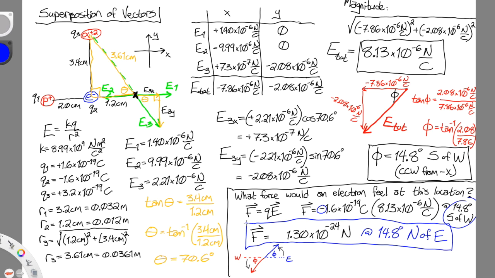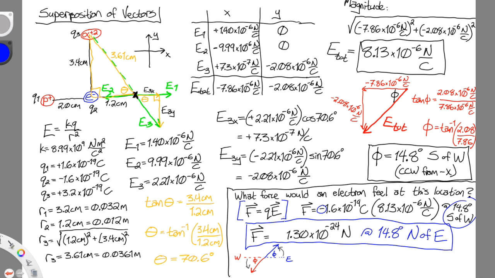And we could easily do another calculation here if we said, well, what if I put a proton there instead? What if I put an oxide ion there instead? What if I put an alpha particle instead? Each one of those problems would only take as much time and space as this force calculation we did in the bottom corner here. We wouldn't have to do it all again because the electric field is most of the force. The only thing that's missing is the test charge that we put there. So we could always come back to this equation right here and use that equation with the electric field we've already